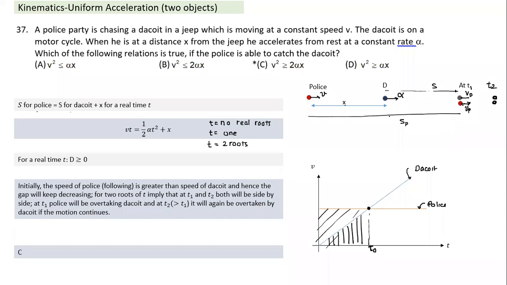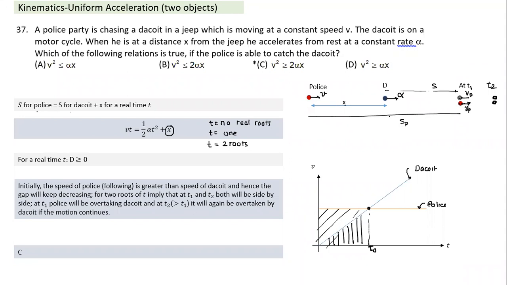Okay, and when would it happen if there's only one root? What does one root imply? Can someone explain: if I get only one root from this equation for this particular value of X, of course B square is equal to 4AC, what does one root indicate? One of them will collide at that. One root indicates it will just catch up and will not overtake. Yes, sir. Why would it not overtake? It catches up at the instance when both velocities are equal.